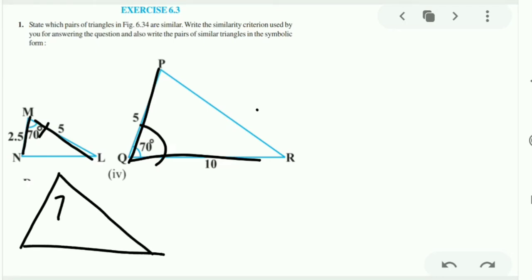So here is 70 degrees as they told us, so we will write 70 here. And angle Q is over there, so we will write Q over there. Now we will adjust our triangle so that it matches the first one. If we write QR over here, this will become 10, and now P remains. If we write P over here, and QP, as you can see from this figure, is 5, so we will write 5 over here. Now our new figure is ready.